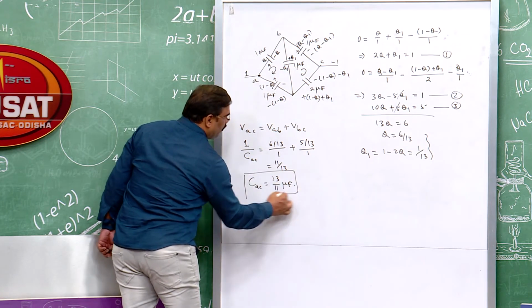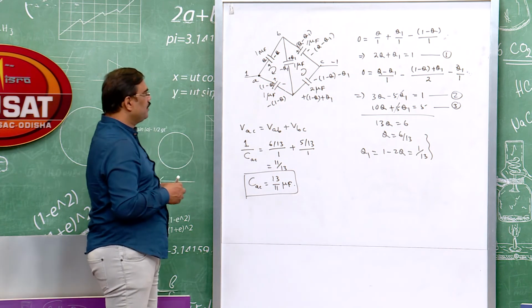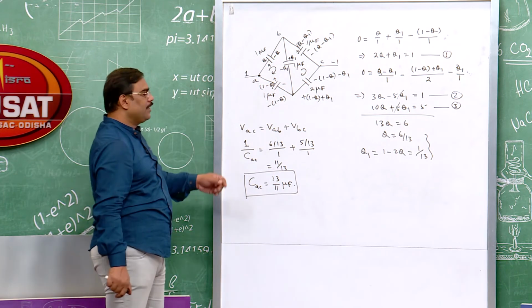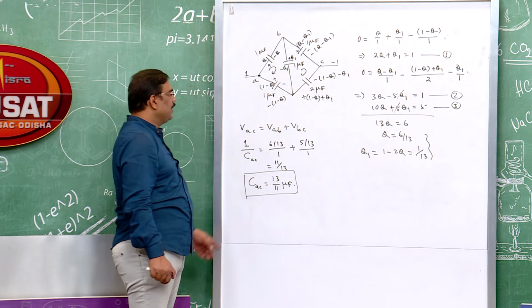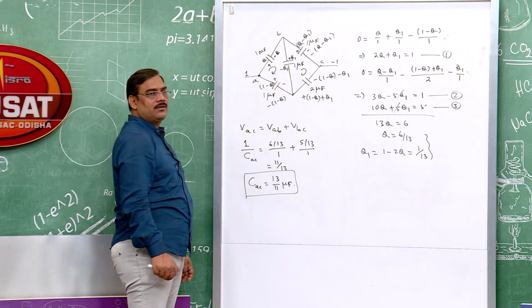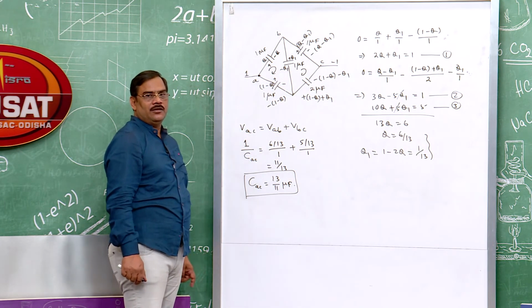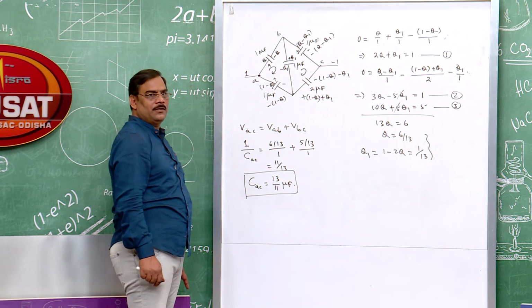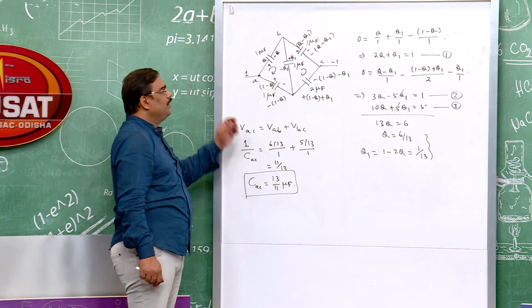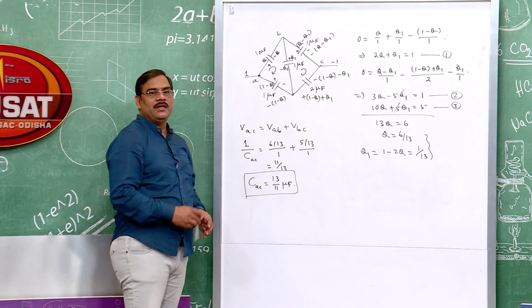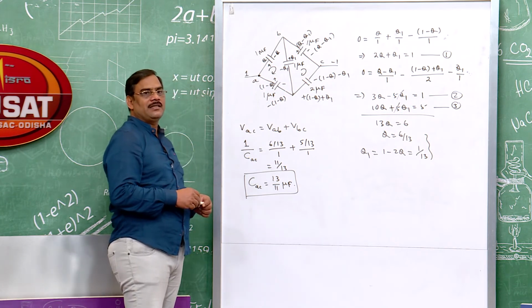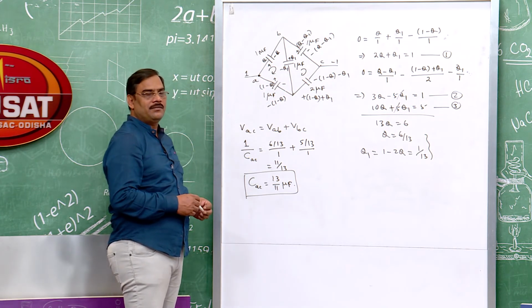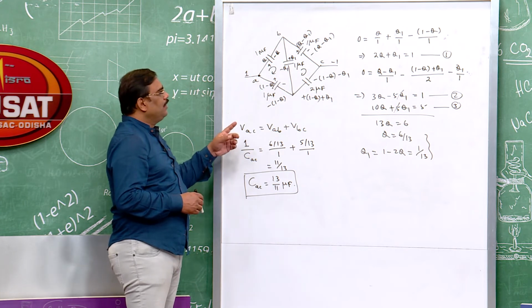So, in this way, using Kirchhoff's first law and second law, we can also calculate the effective capacitance in a complicated network where the bridge is not balanced. So, this is something about the applications of Kirchhoff's law, or some examples showing the applications of Kirchhoff's law. Now, let us see